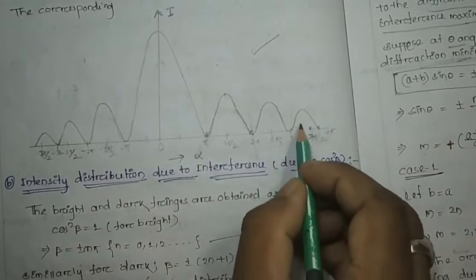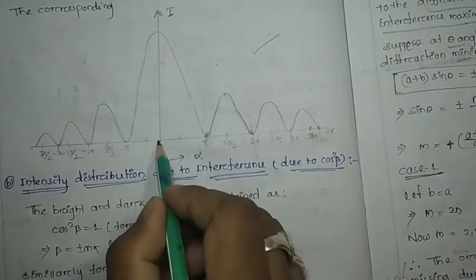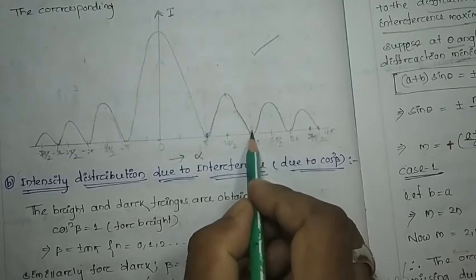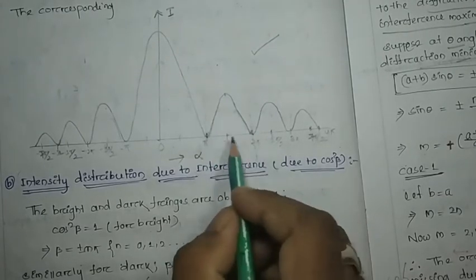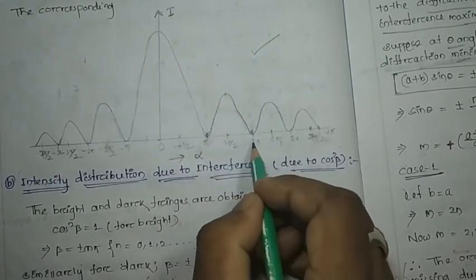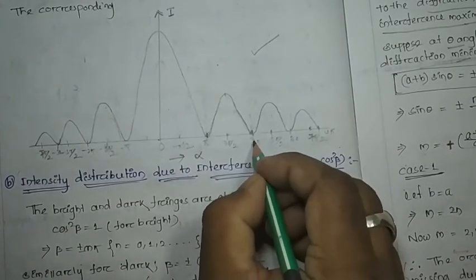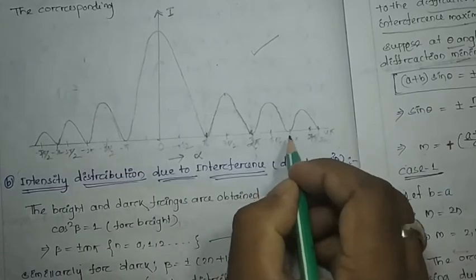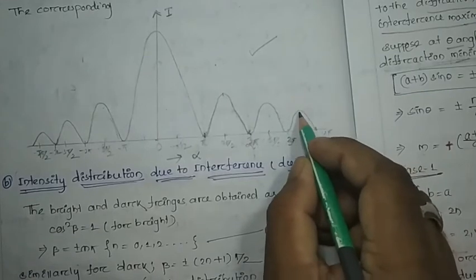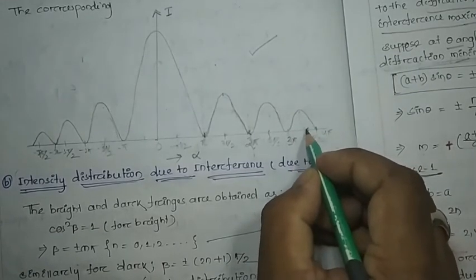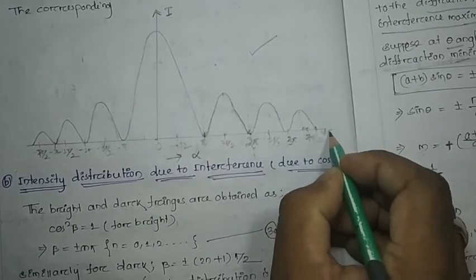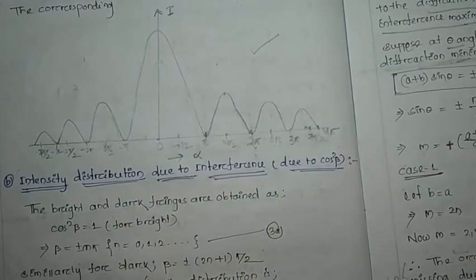Somewhere it is written wrongly, so you have to write this is 0, this point is pi, this maximum point 3 pi by 2, this is 2 pi, this is 5 pi by 2. Or you can say it like this: pi by 2, 2 pi by 2 means pi, 3 pi by 2, 4 pi by 2 means 2 pi, then 5 pi by 2, then 6 pi by 2 means 3 pi, then 7 pi by 2, this maxima, this is somewhat shifted, then 8 pi by 2, that is 4 pi. Likewise you have to write the left side.